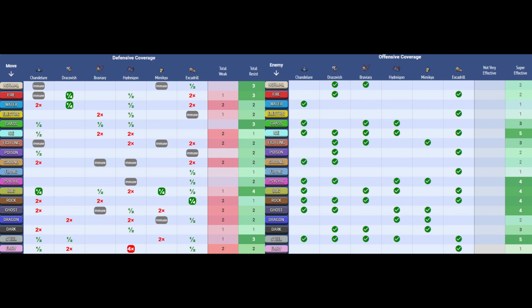This thing can use Will-O-Wisp, so you gotta keep in mind that most of our team hits for physical damage. So getting a burn on them is not good. Our ways of dealing with it though, Mimikyu can live a hit and play rough or Will-O-Wisp if it's physical. You can even set up Trick Room on it and then make sure Dragapult's dead last because its speed is just...